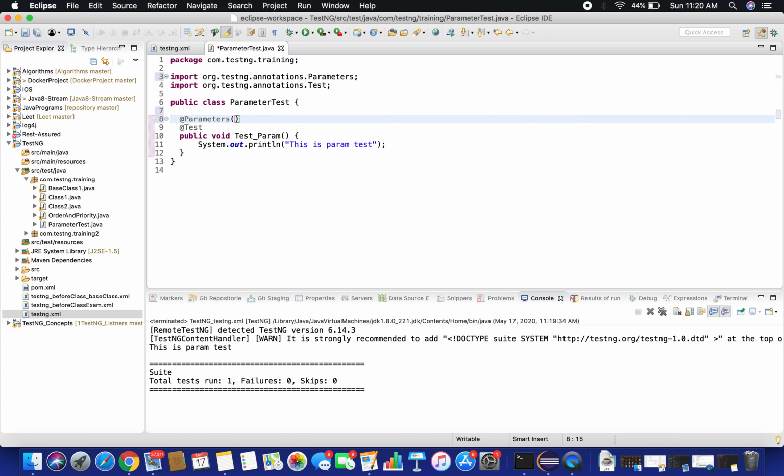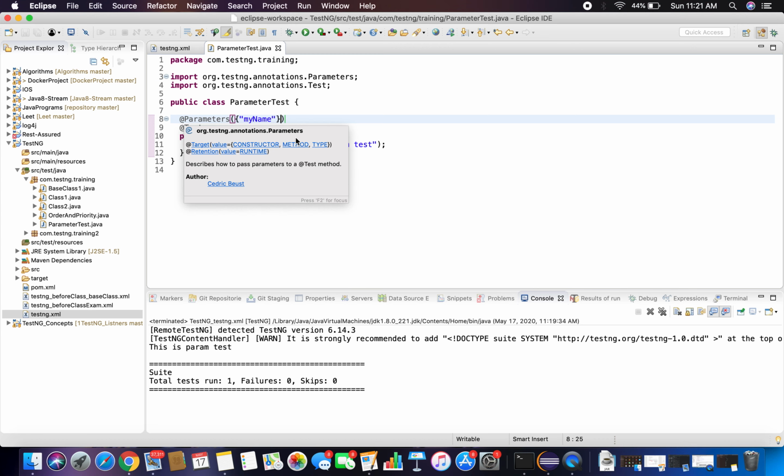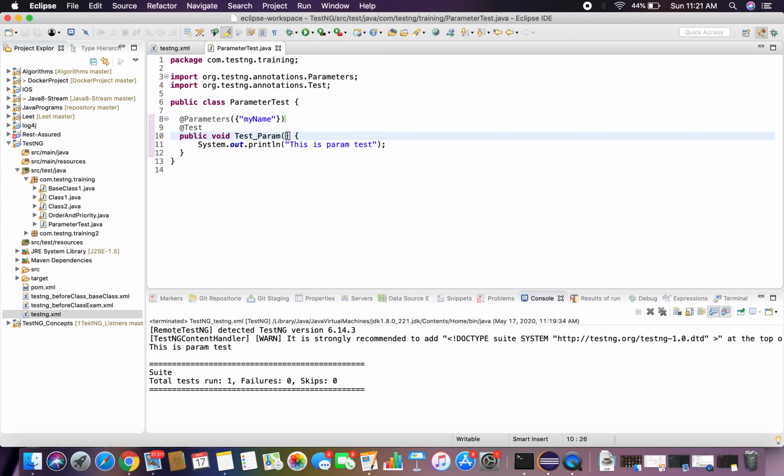Parameters. Inside the parameters, you need to define them. You can pass multiple parameters, so put them in brackets. Okay, this is the syntax and you need to pass it in the same way. And once you are accessing the parameter, you need to pass it to the method.